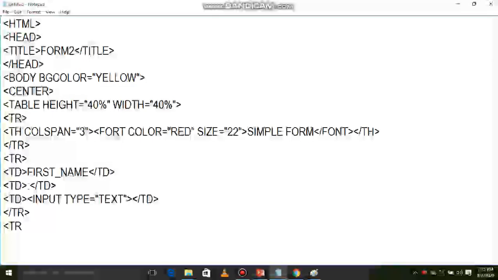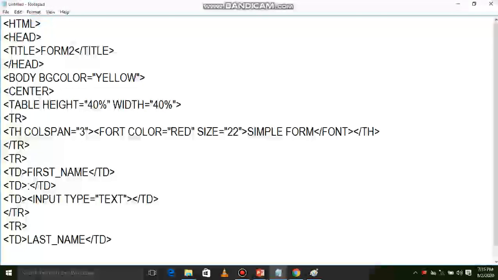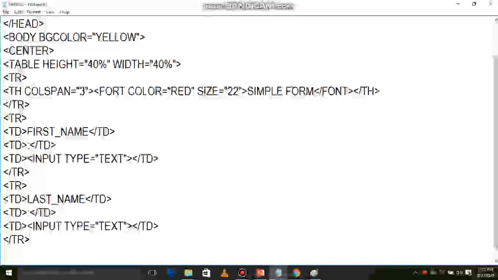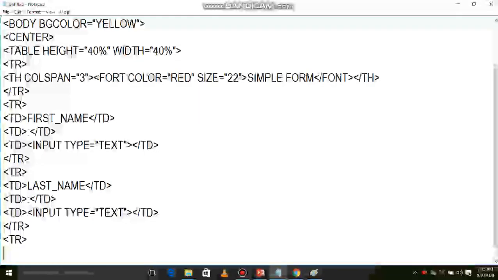Again tr, td, last name, td close, again td colon, td close, td, here input type is equals to text, this td close, again tr close. Next again one more tr for email, so here I am going to take